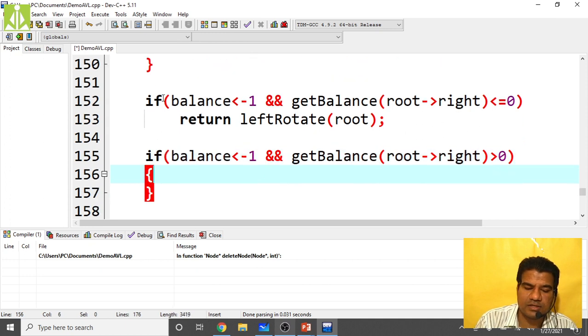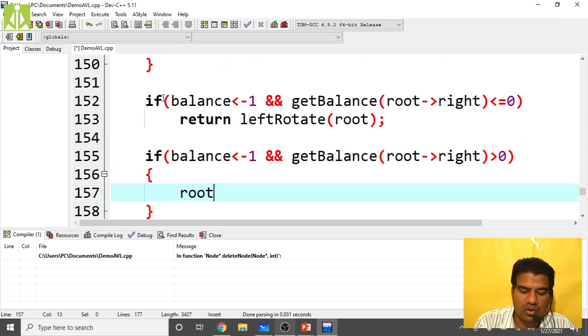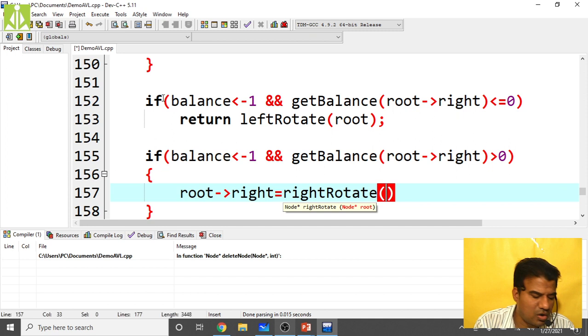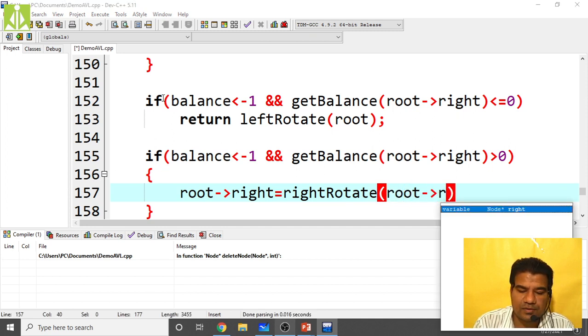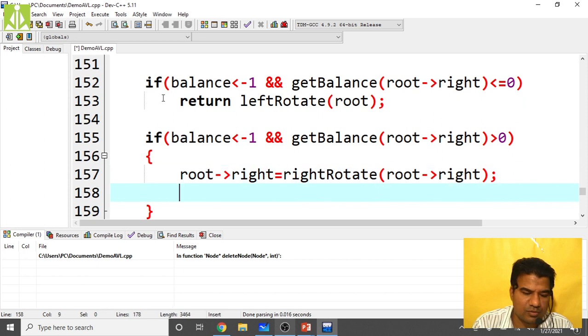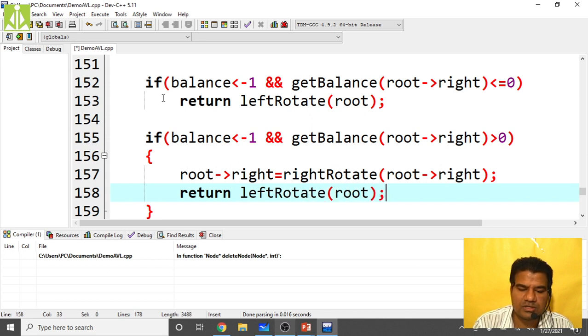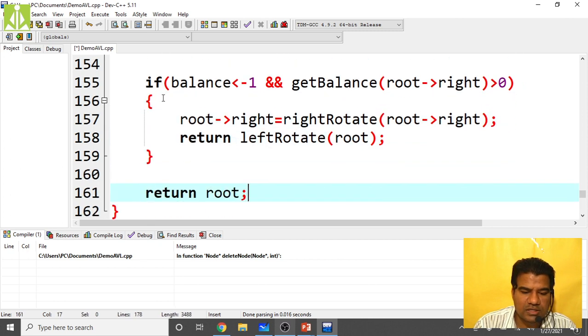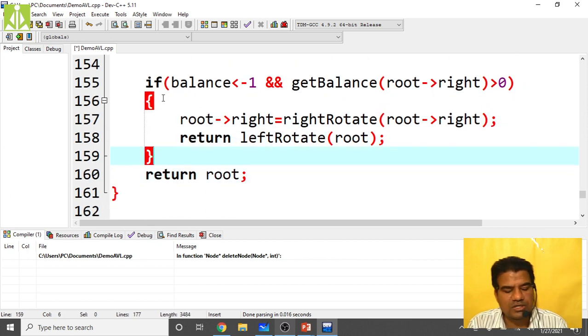If it is like this, take the compound statement, then root of right equals right rotate of root of right, and at the end put the semicolon, then return left rotate. First right rotate we are performing, now left rotate, right left rotation, left rotate of root. That's it. Put the semicolon at the end. After doing all these things, return root itself.